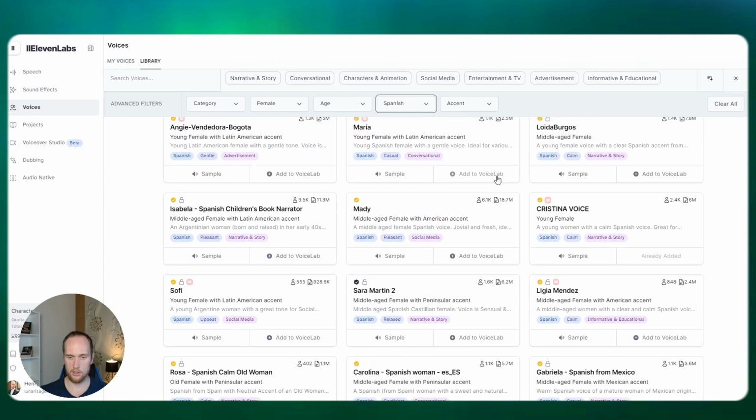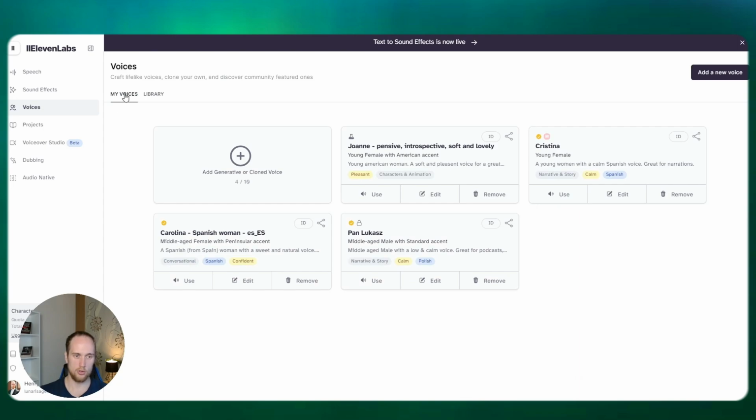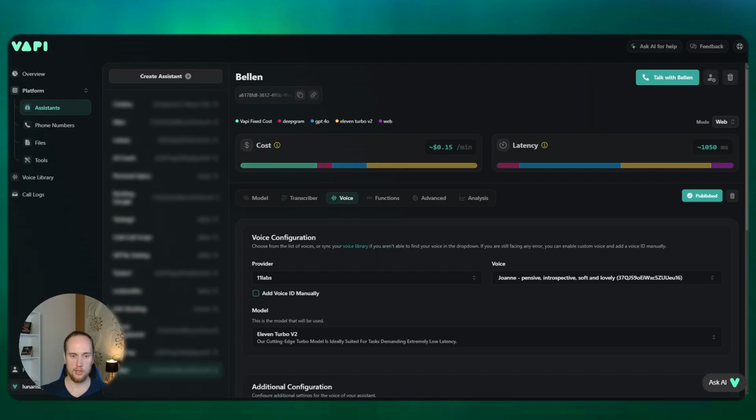And then you just click on add to voice lab, and then they transfer over into the My Voices tab over here. And then this is your private voice library that you can use with Vapi. So once you've played around with all your voices, jump back into Vapi.